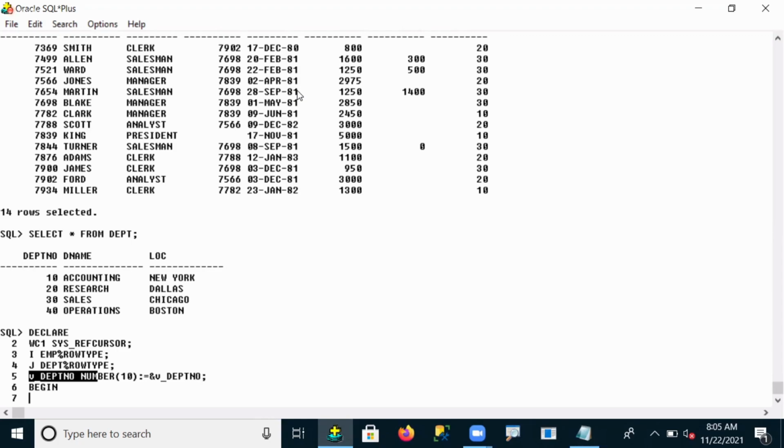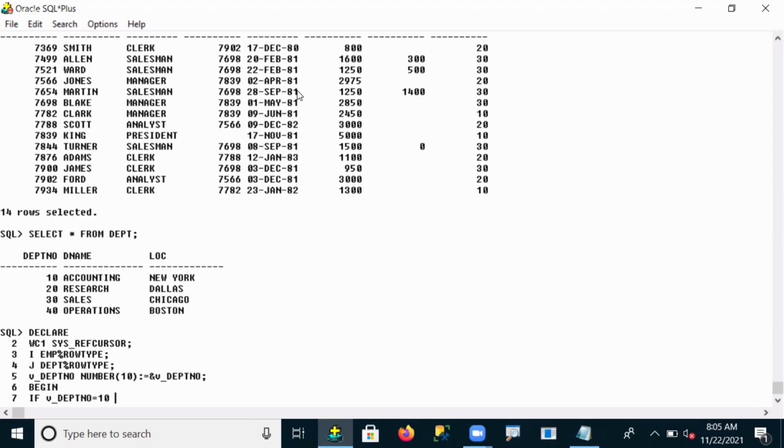For example, if V_DEPT_NUMBER is equal to, suppose, 10, whatever condition I give, department number equals 10.